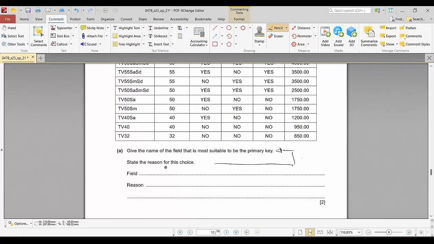So I'm going to write down here TV code. Why do I use TV code? Because using the primary key, we can easily identify the data type that uniquely goes to find it. So by using the primary key,